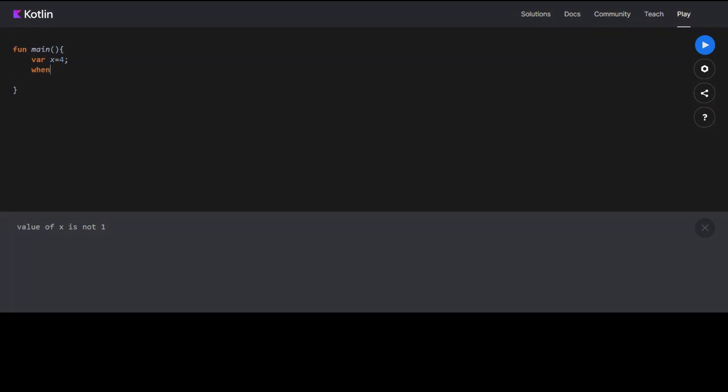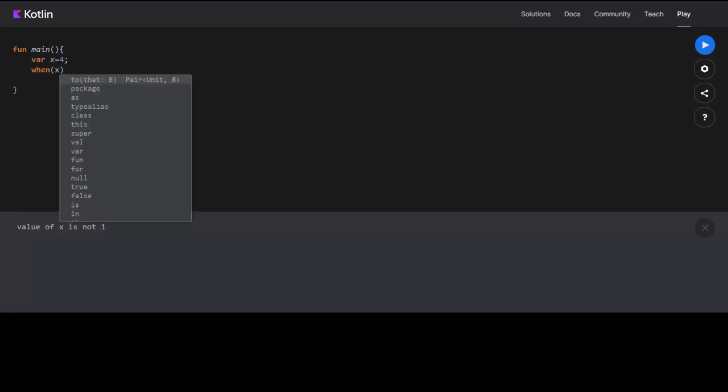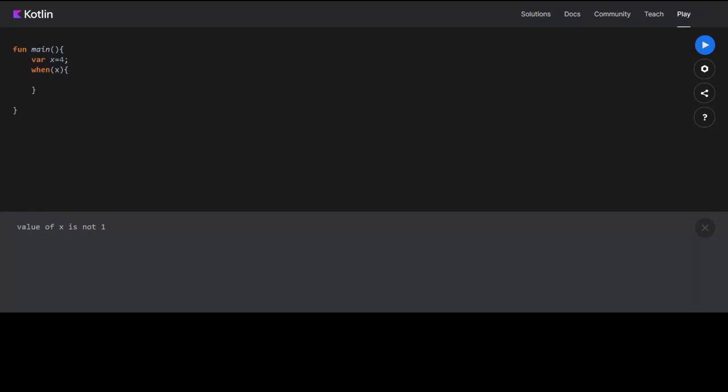What we do is we just write when, then open the braces, then put x. What when does is that it checks for the value of x. After that, open the curly braces. Now just write when x is equal to 1, an arrow, and print x is equal to 1.